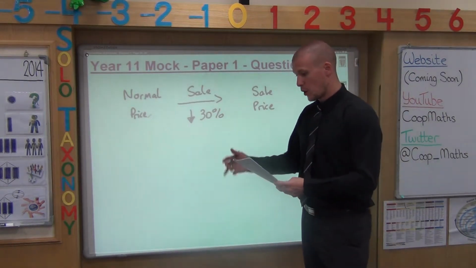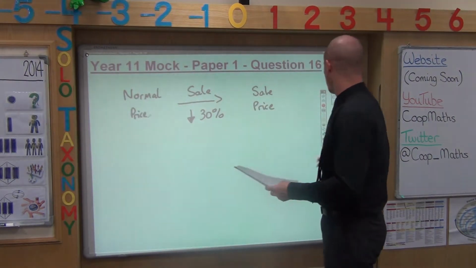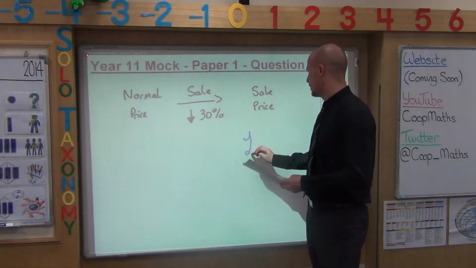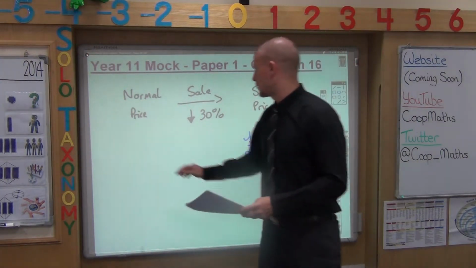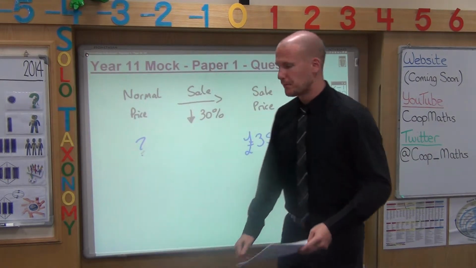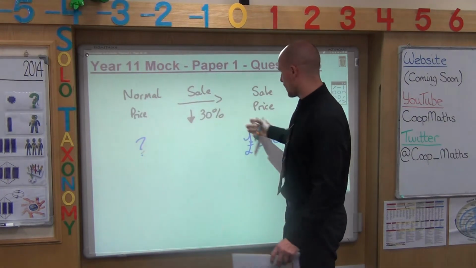this question better. So the normal price of a television is reduced by 30% in a sale. The sale price of the television is £350. So the sale price is £350. Work out the normal price, which is this. Okay? So what's happened is you had a normal price, 30% has been taken away from it, and you end